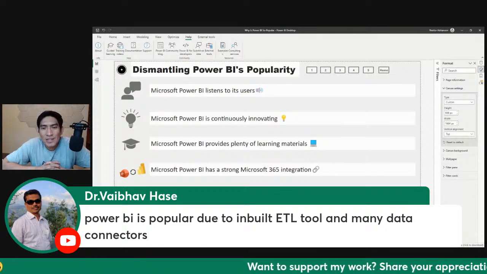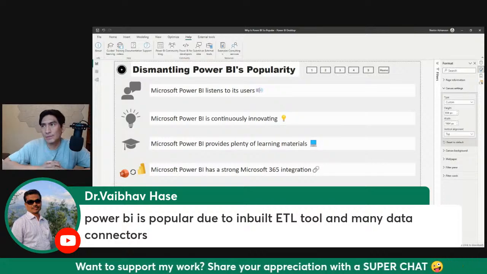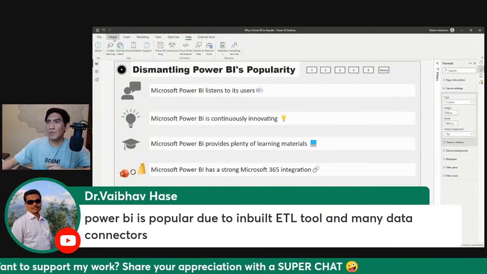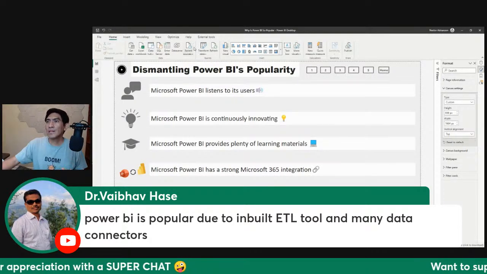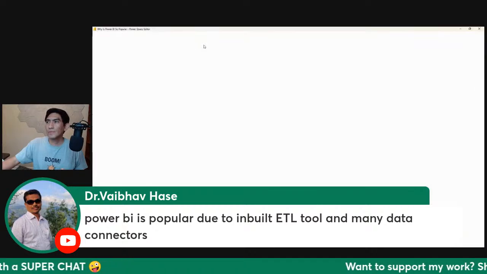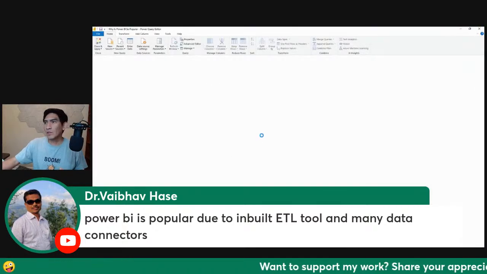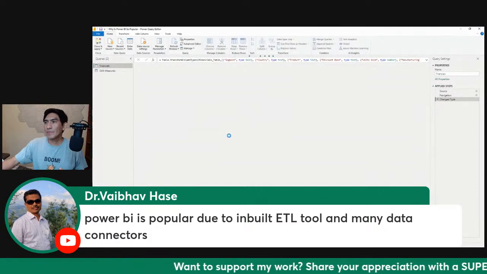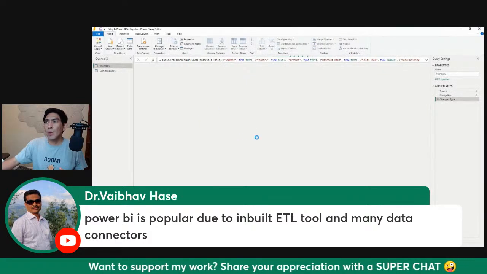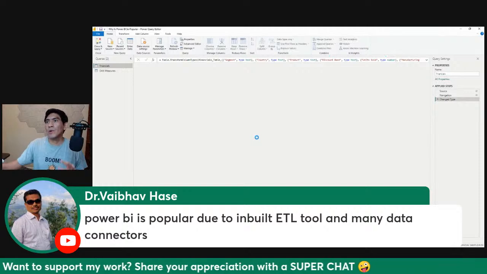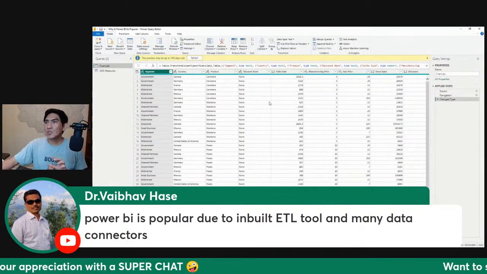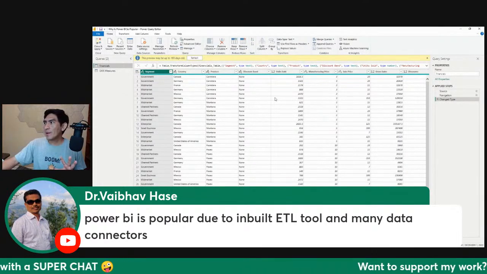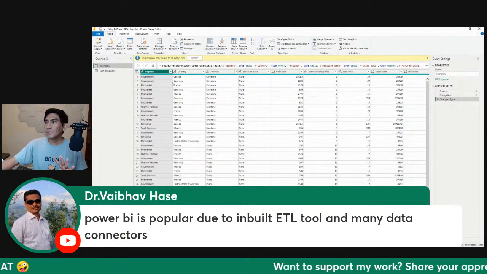So Power Query is a really, really popular tool to clean the data. So let me show you what I'm talking about here for those who are new. If you go over to Home here, let's hit Transform data. So this is the new window that pops up. And this is the Power Query window, or the Power Query editor interface. See right there?